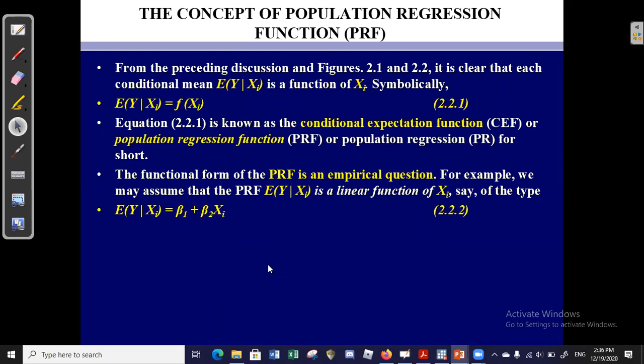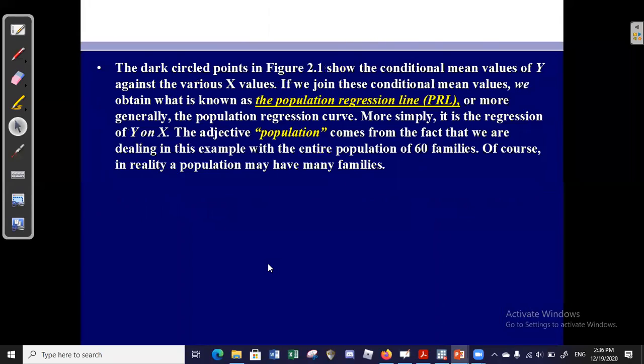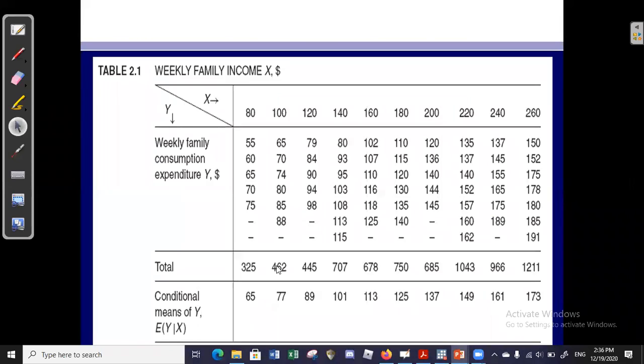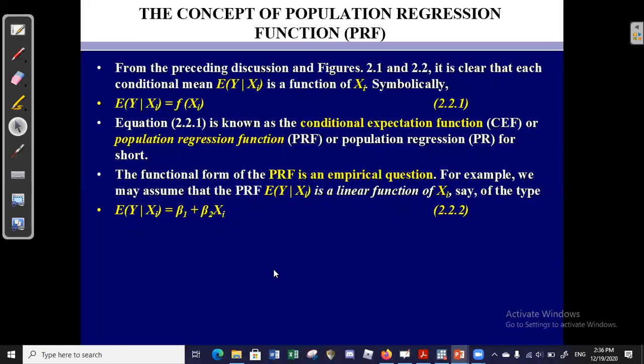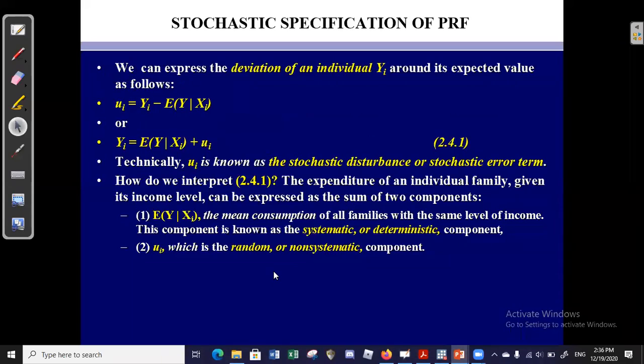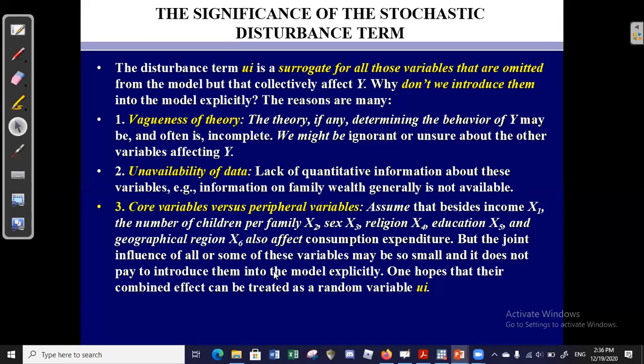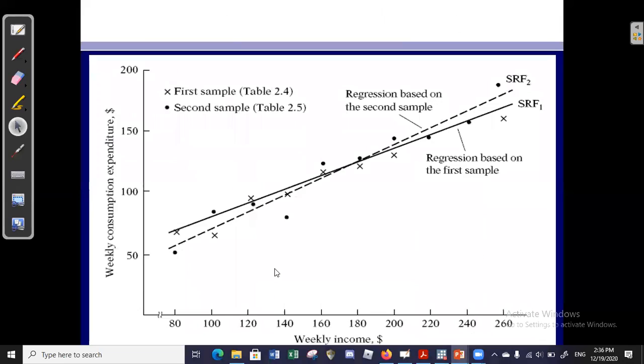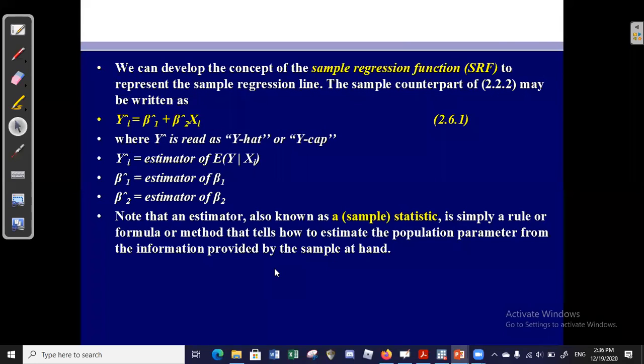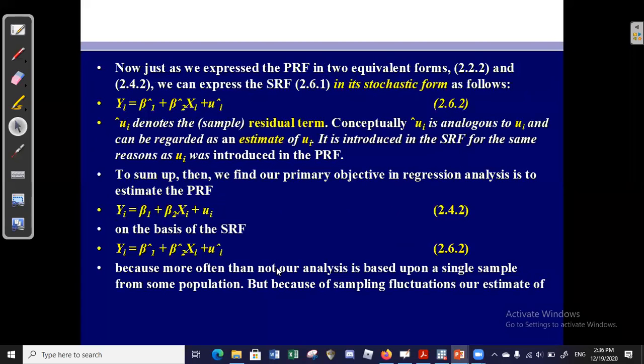So in the simple regression model, if you just look at this portion, beta 1 plus beta 2 xi, this portion represents